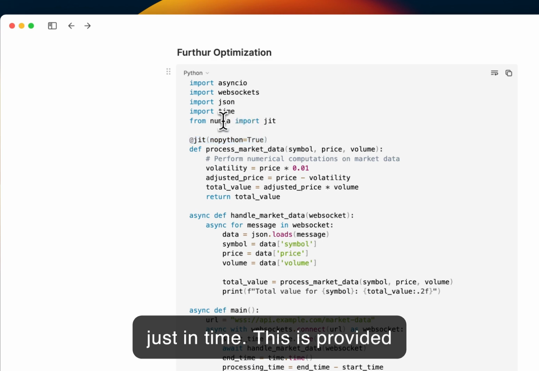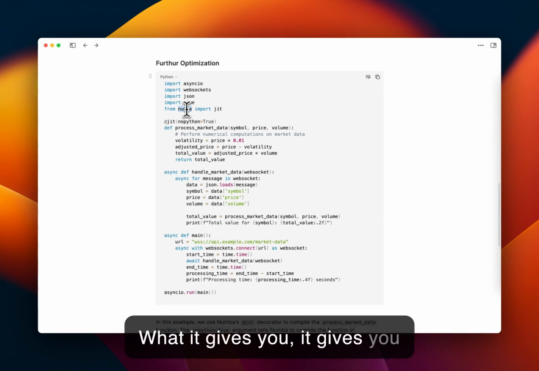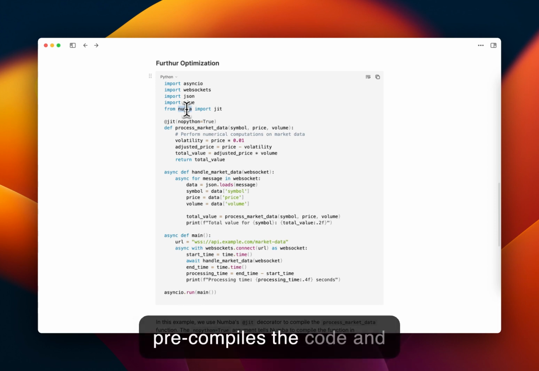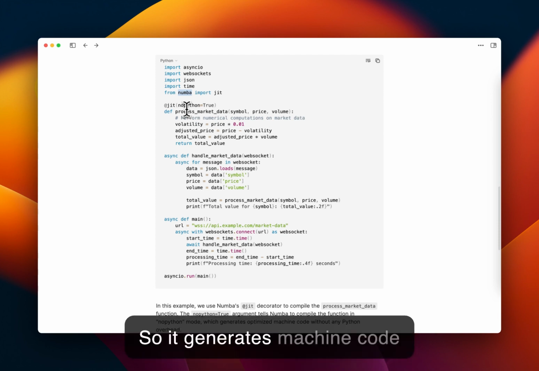This is provided by a library called Numba. You can check it out, and it's a Python compilation library. What it gives you is decorators, and essentially it pre-compiles the code and saves it as machine code. So it generates machine code, and just this addition of a simple decorator can optimize your code by far and large. The nopython=True